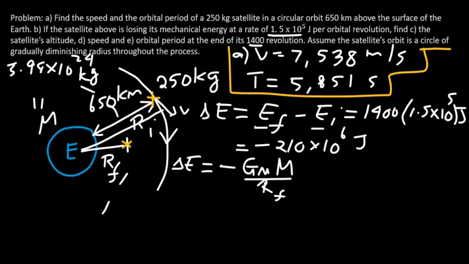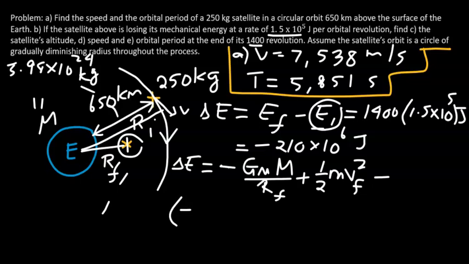Now E sub f is given by the potential energy plus the kinetic energy. The kinetic energy is half the mass of the satellite times the square of the orbital speed of the satellite when the satellite is there. So let's call it v sub f squared. To that we have to subtract E sub i. So E sub i likewise is the original potential energy, minus G, the product of the two masses over r sub i. We know what r sub i is. It is just 650 kilometers plus the radius of the Earth,